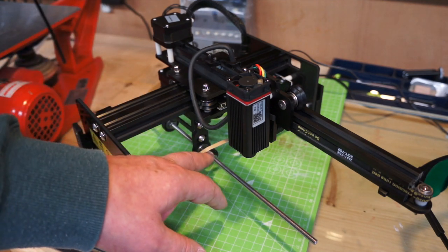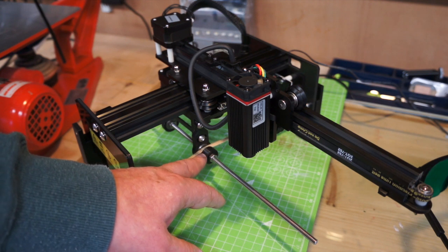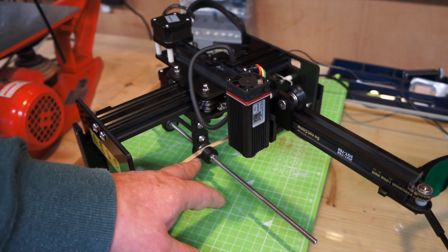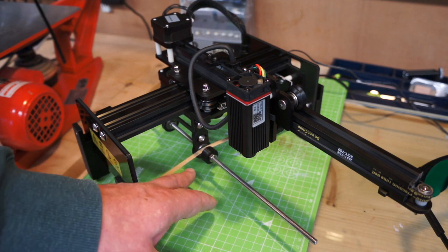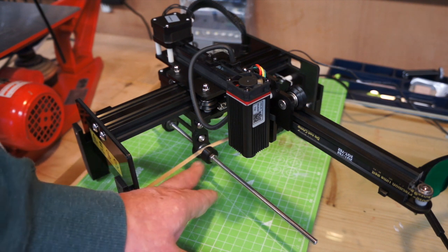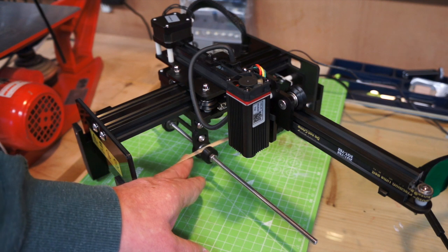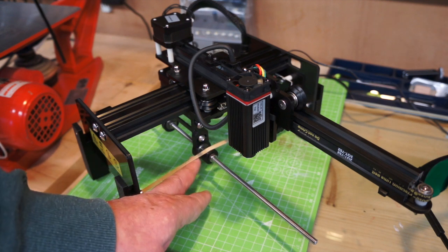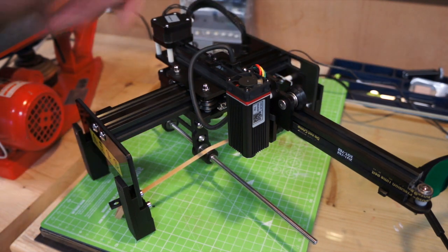In here you put another nut on, then a pulley, and you get probably 10 different sizes in this, depending on what you're making or what you're going to be engraving. For pens, I think this is going to be the right size. This is about 20mm, and then this rubber band simply hooks on with a wedge this end,